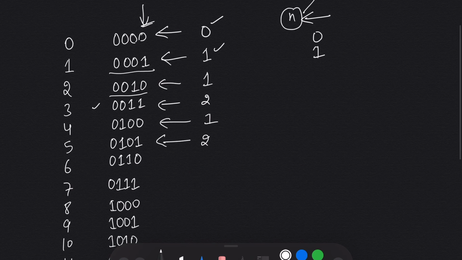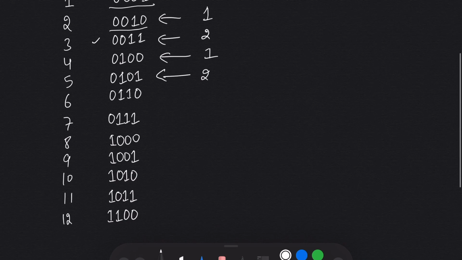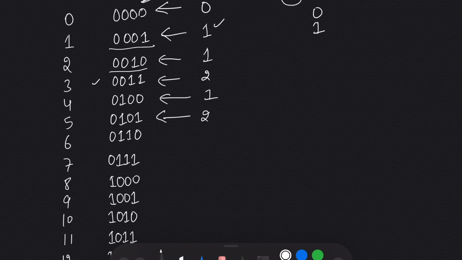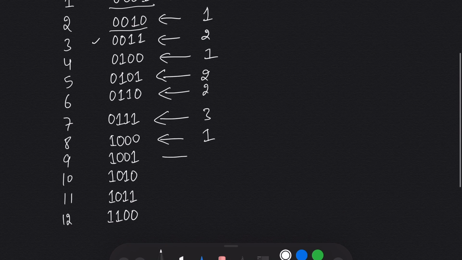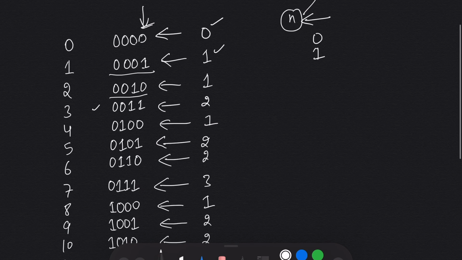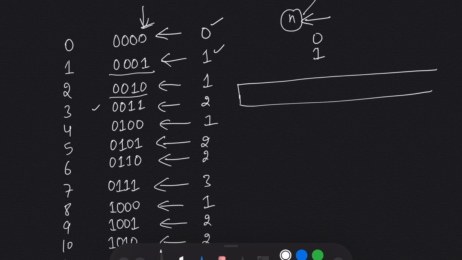Let's see that. If I write down the number of ones starting from 0 to 12, I have written till 5. In 6 I have 2. In 7 I have 3. In 8 I have 1. In 9 I have 2. In 10 I have 2. In 11 I have 3. And in 12 I have 2. And if you see, we can see a pattern. And what the pattern is,